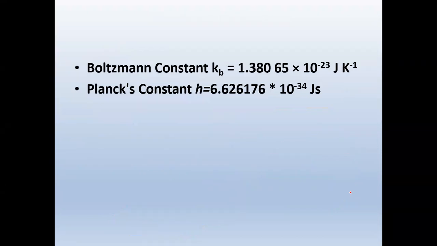Next, two other constants that you should never forget. One is the Boltzmann's constant and the other is Planck's constant. So Planck's constant h is equal to 6.626 into 10 raised to minus 34. Please be careful of the unit. It is joule second, and Boltzmann constant kB is equal to 1.38 into 10 raised to minus 23, again, joule per Kelvin. You need to be very careful about the units, because students always make mistakes, because you will have very similar answers in the options, but the only difference would be in the units. In such cases, please don't be trapped with the confusion that the question makers wanted to create.